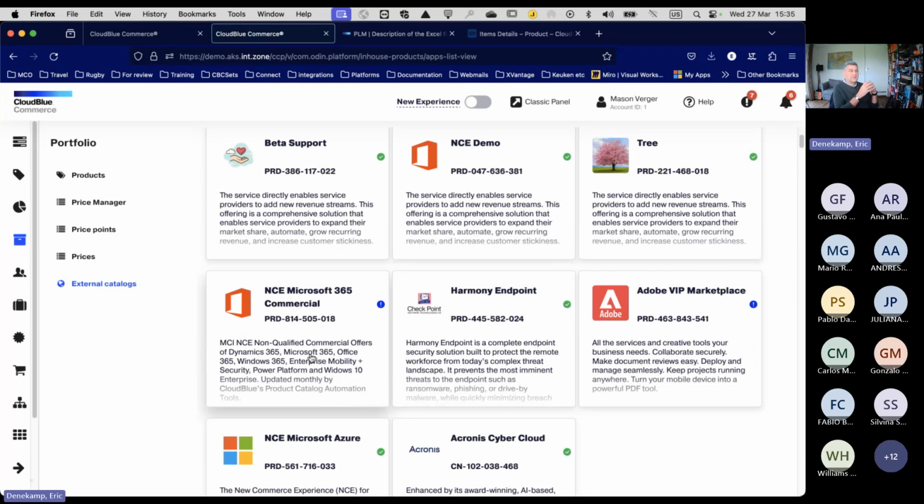And since it's all integrated into the platform, there are no extra steps to be taken. I say update, and the system will automatically do that. And as far as I know, we have a 5.9 success rate on updating those things without an issue. So there's also no reason anymore to not be on the latest version. And that was the whole idea initially, to start with Connect, because we had people complaining to us that they were not able to sell the latest SKUs from Microsoft.